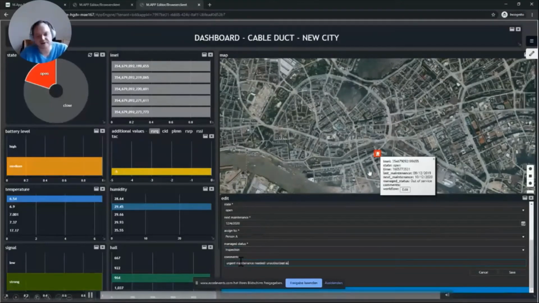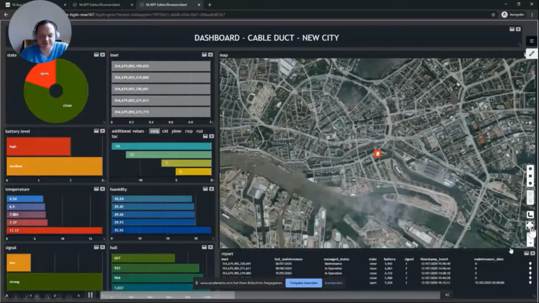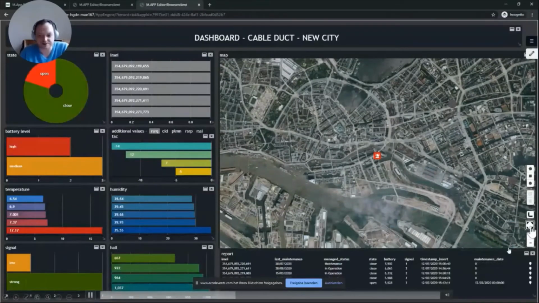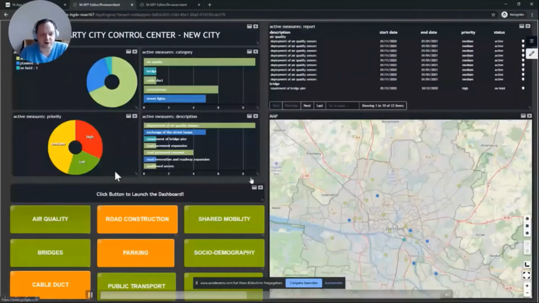So the person who has received the information does not have to change the system. They can directly create this job inside of the same dashboard. And as soon as they click on save, the people in the field will be notified about the change. So from this perspective, I have now finished my job with this immediate response to it. So I can go back to my dashboard, and let's say there's a request coming in from a road construction.